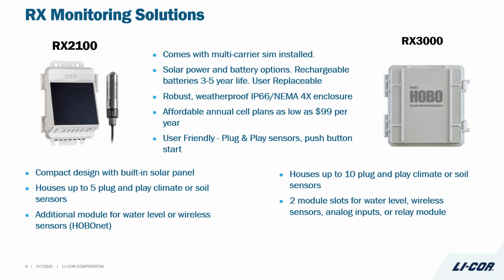We have two different real-time solutions: our RX 2100 series and our RX 3000 series. I'll talk about the similarities as well as the differences. The similarities are that both of these units are real-time data loggers. They both come with a multi-carrier SIM card installed, which means that you don't have to worry about what the cellular carrier is